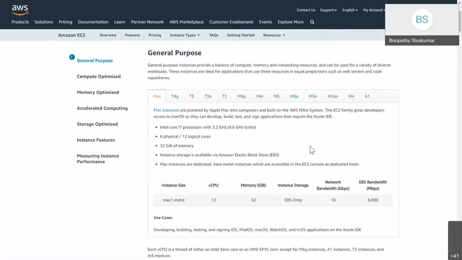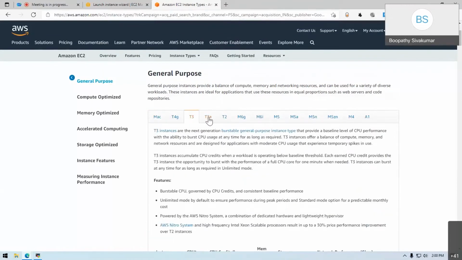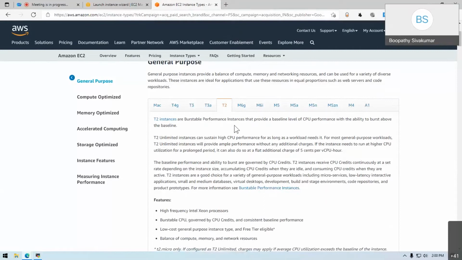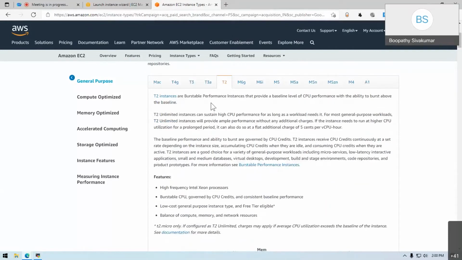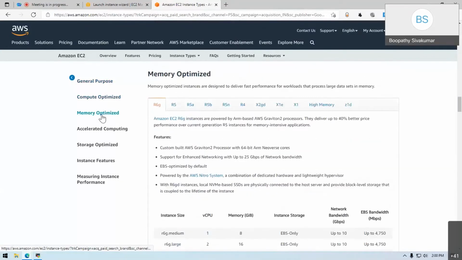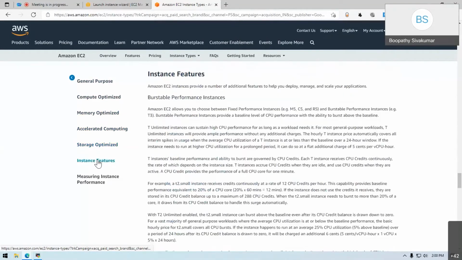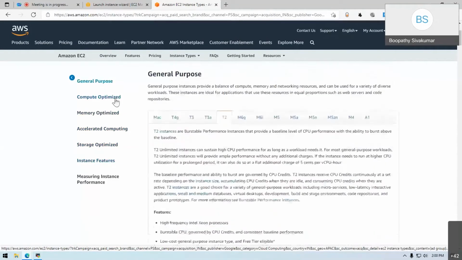Okay, so as I mentioned, we have T3, T3A, T2, and these are the different types. On the left side menu, we have general purpose, compute optimized, memory optimized, accelerated, storage optimized, and instance features. General purpose instances have a burst limit.